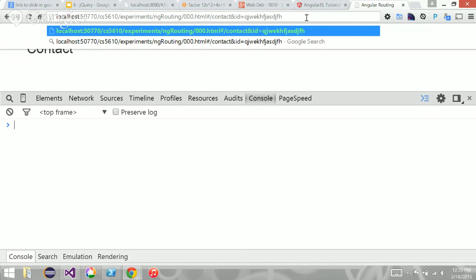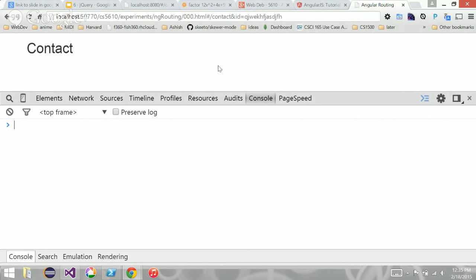Typically you would have enough information in the URL to be able to recreate the state the application was at the time of the bookmarking, where you can bookmark this URL or send it to somebody, and they click on it and recreate the application at that particular state. That's the general mechanism. All right, so up to this point, we haven't been able to navigate just yet. We still have to be able to navigate.